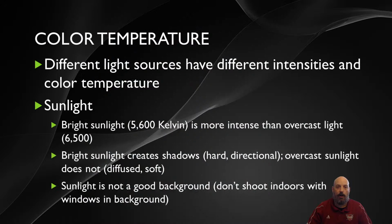So trying to conceal her identity did not work well in this case. Using a contrast ratio probably would have worked a lot better. Now, contrast ratio is a difference between light and dark. One other thing we're going to look at is what's called color temperature, and that different light sources have different